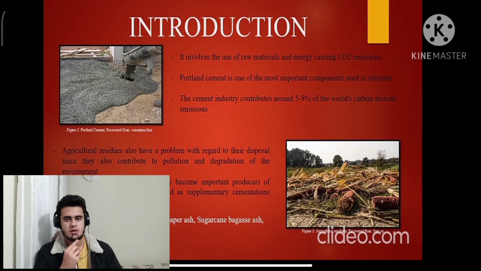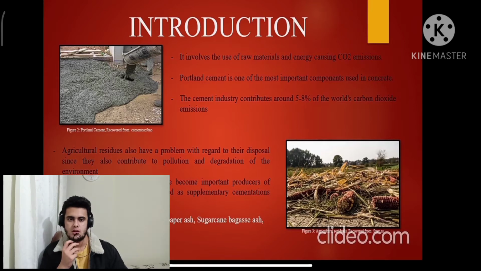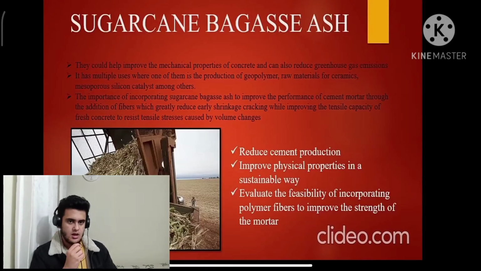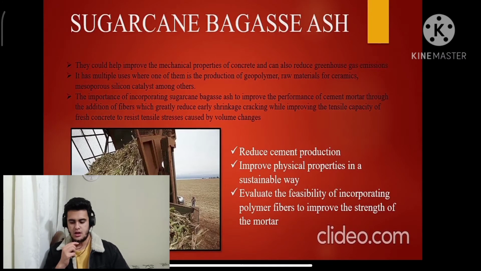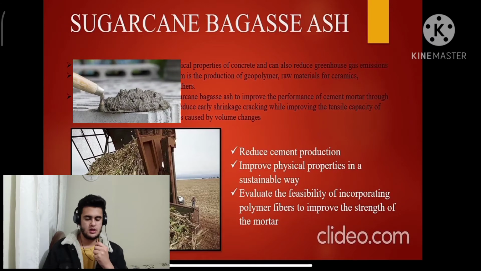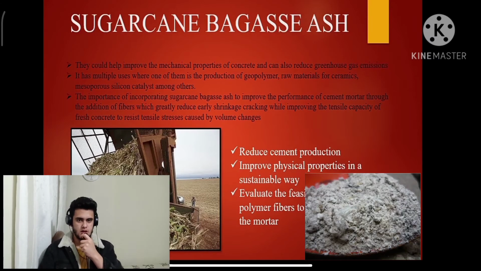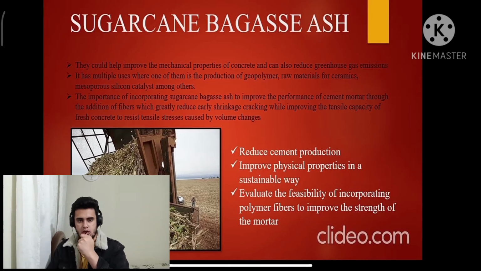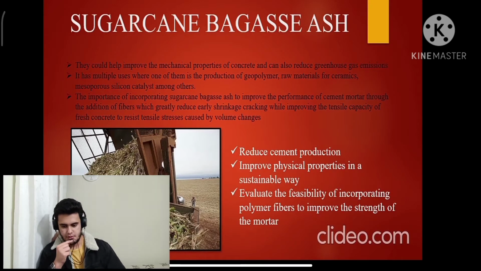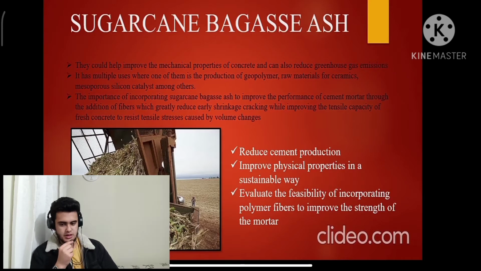Sugarcane ash is important since it not only reduces CO2 emissions but can also improve the performance of cement mortar, helping it resist tensile stresses more. You can also use corn ash, rice ash, and manufactured paper ash, among others. The objective of these researchers is to use sugarcane ash as waste to reduce cement production and improve physical properties